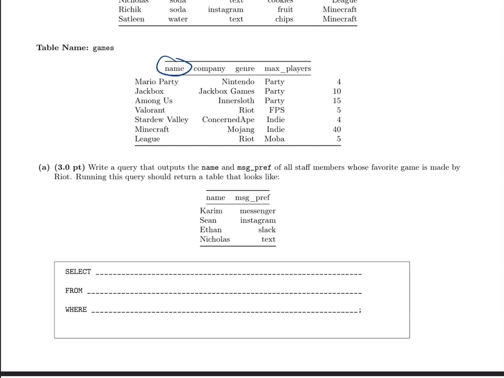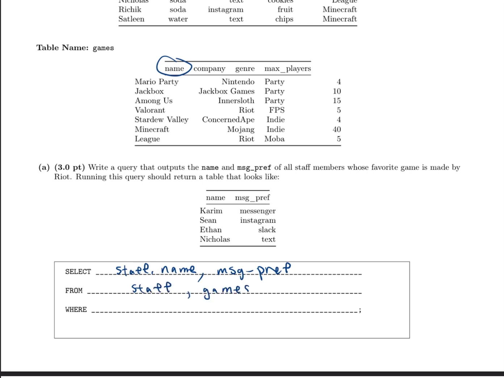In order to select only the staff name and their preferred messaging platform, we have to say staff dot name, comma message preferences. And then they're all from the table staff